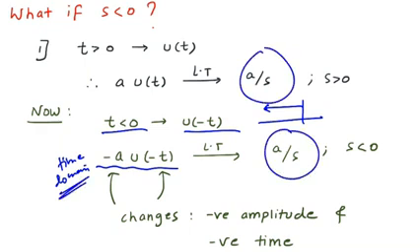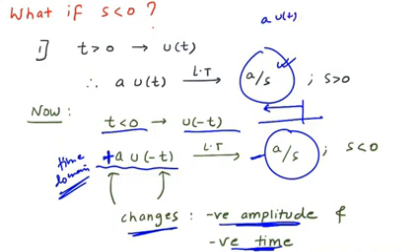You can see that results are same, but what are the changes? Your amplitude in the time domain should be negative, and your time is shifted, right? It is from positive to negative, right? So it is minus t. So if here it is plus, in the question if it is plus, then in the answer it would be minus a over s. Okay, but the answer is same, like a over s is same, it will just change its sign. This is the final conclusion.